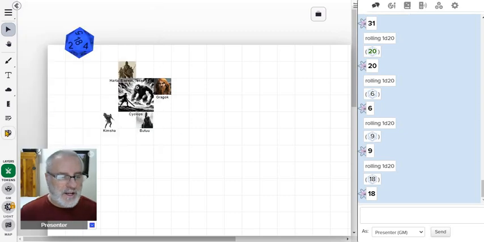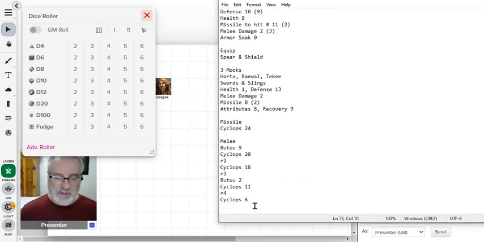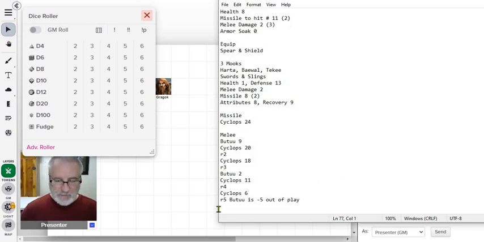All right, Butu could get pounded on this. 8 and below. He is pounded. 8 -7. Butu is going to be on round 5. Butu is -5, out of play. Wow, he's out of play. Oops, round